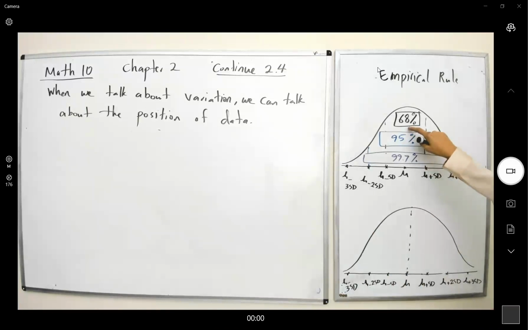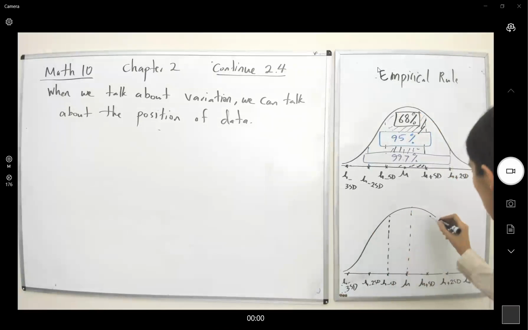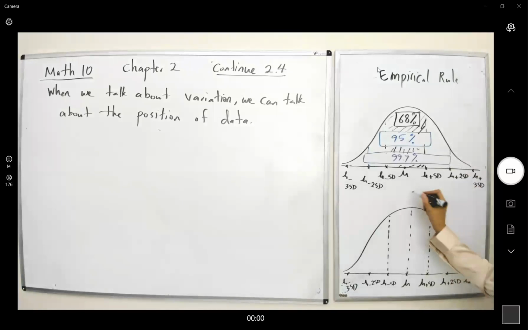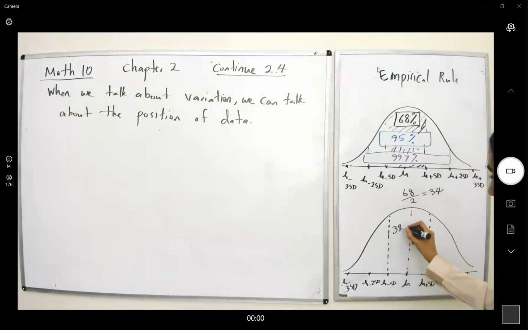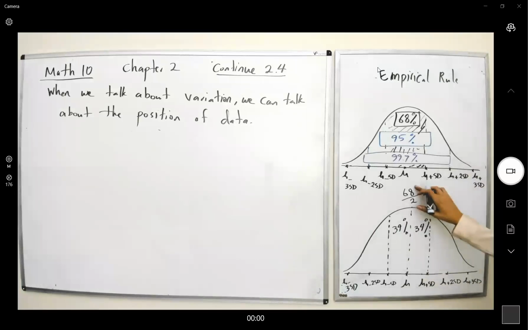Okay, so I have 68% covering the middle part. 68% divided by 2, we get 34. 34% on this side, 34% on this side. 68% is the middle one, so we can divide it into 2 pieces. Very well. So for the rest of it, we get